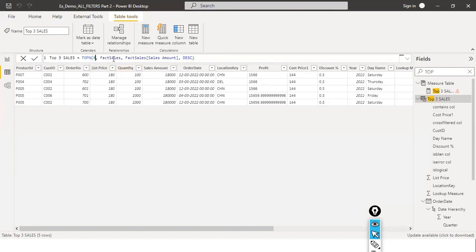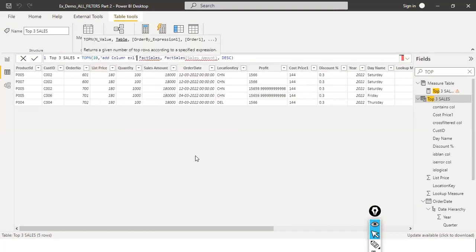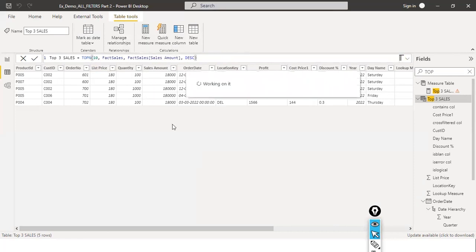For example, if I use top four, let's see what happens. So yeah, the same thing. But here we don't have a large number of records. That's the reason why it is not showing the top three here. And top 10, sorry, one second. If I say top 10 sales,